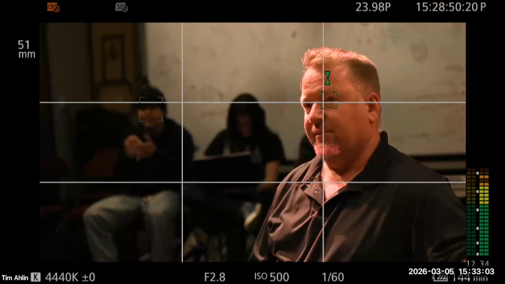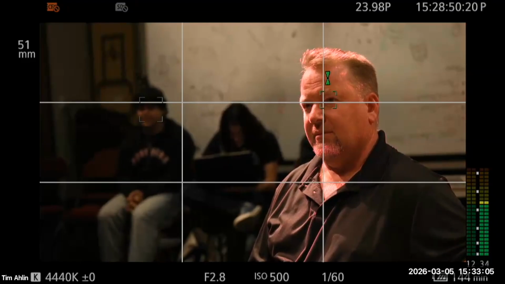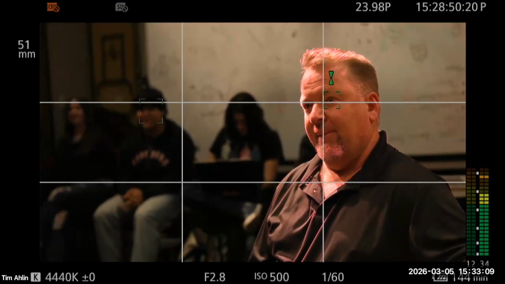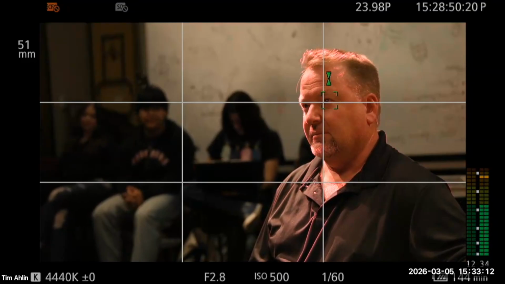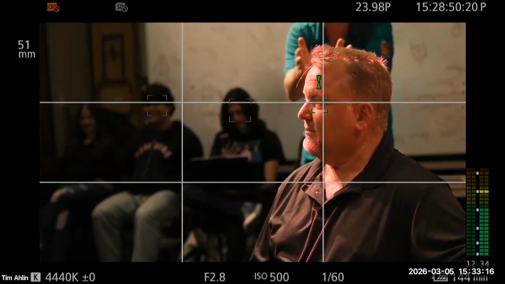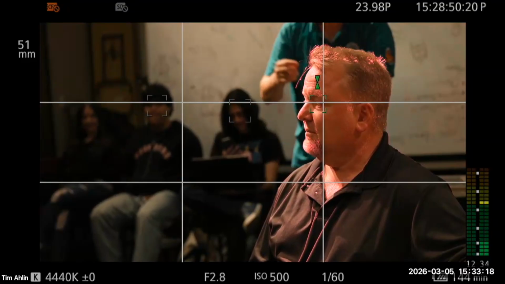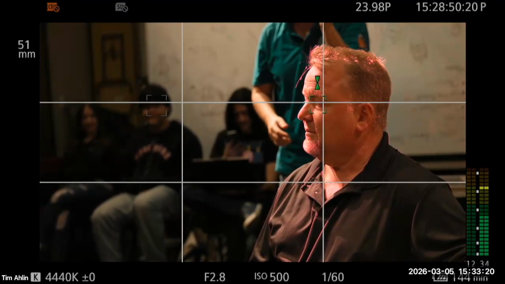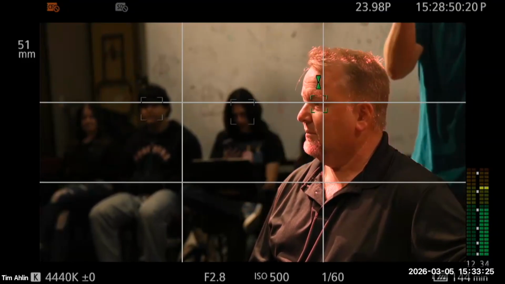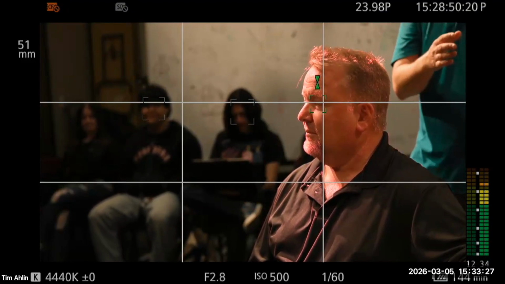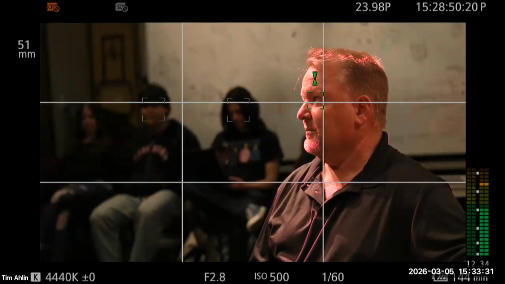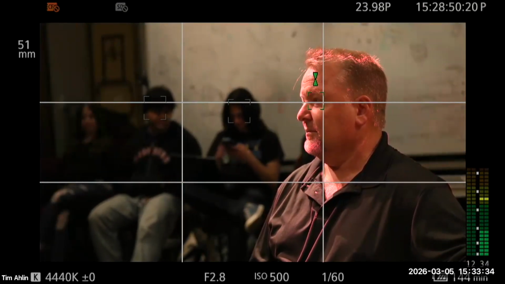Yeah. So when we set up, we imagine there's an imaginary line right here. I could put the camera here and shoot Grant here, and I could go all the way over here and continue to shoot Grant, even if it's the back of his head, and he'll always be on the left looking right. But the second I go over here, to properly frame, he would be right looking left. And that is what will confuse your audience. So essentially we have 180 degrees, which is half a circle, right?